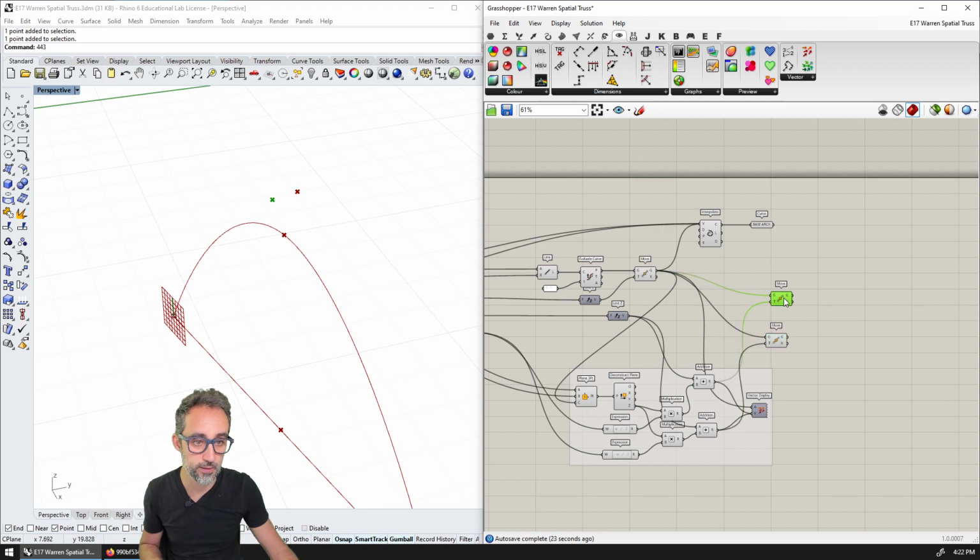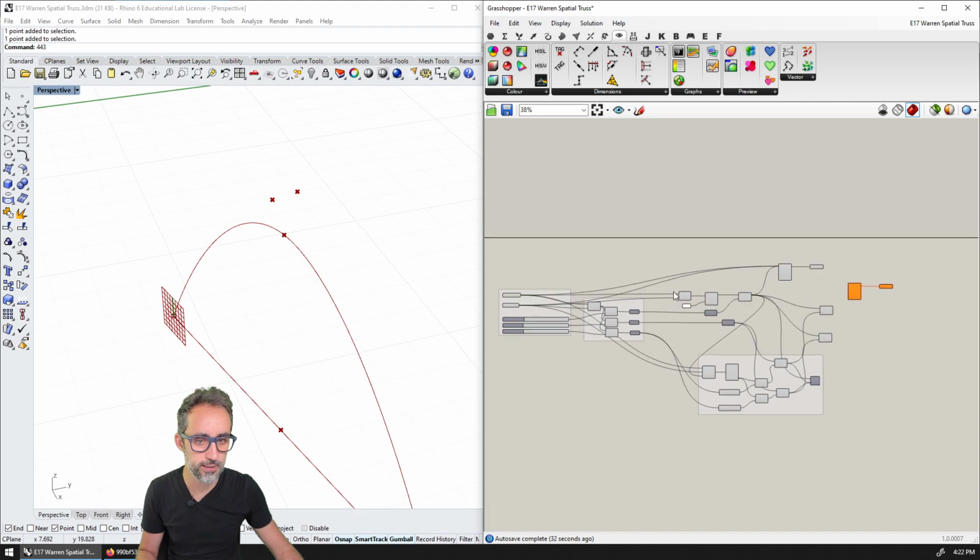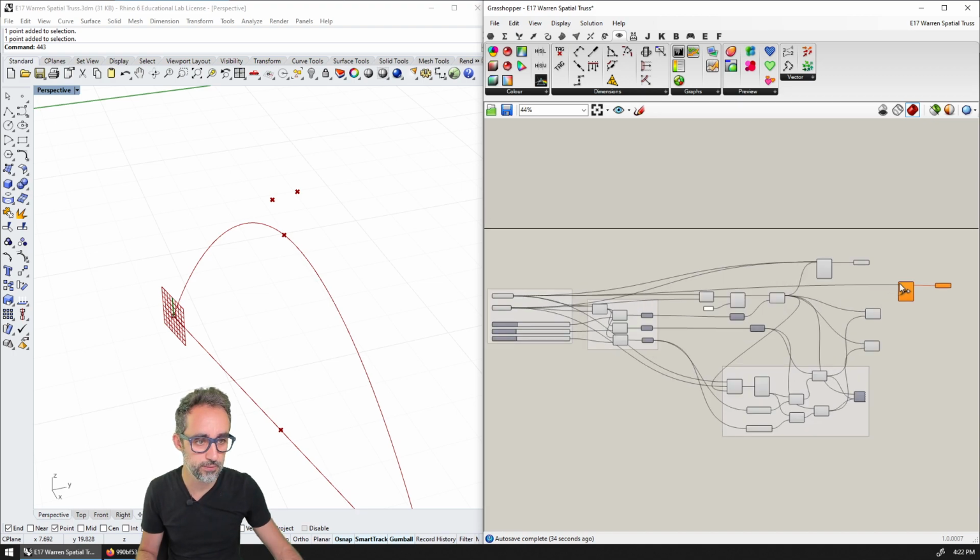I can copy and create an interpolated curve. I'm going to disconnect everything just to make sure that I do it right, between the start point, the new middle point I have created with a shift, and the end support.